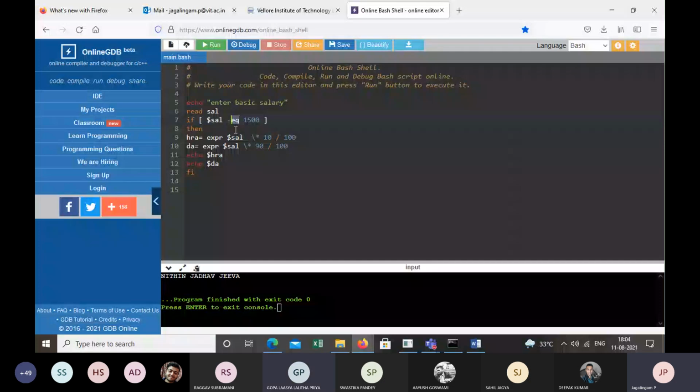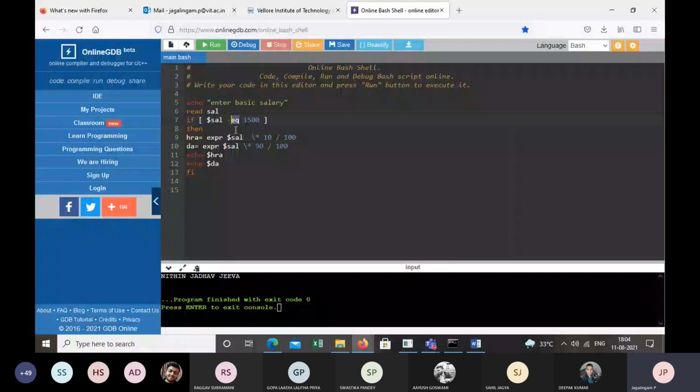If salary is equal to 1,500. What is hyphen EQ? It is equal to, not less than. Now, what do you use for less than or equal to? Hyphen LE.